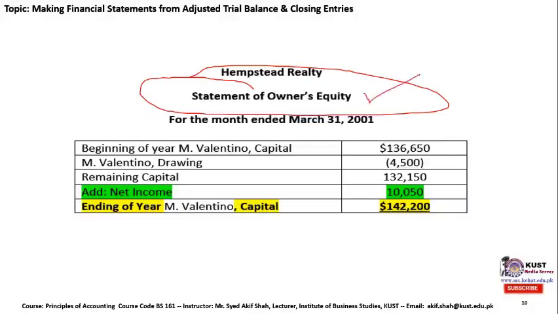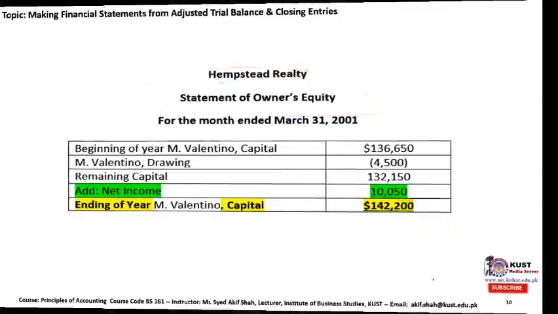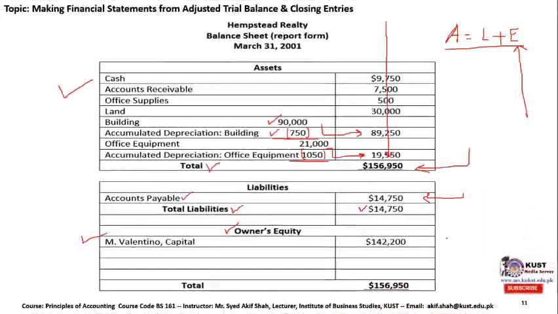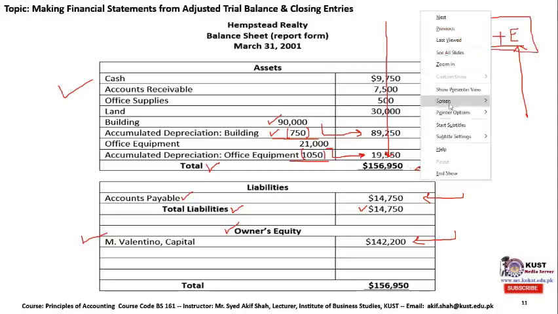Therefore, the final balance of this owner's equity statement shall be used in your balance sheet, and this kind of relationship between the financial statements is known as articulation. As we have used the final balance for the owner's equity from the previous financial statement, and the equation says that assets are equal to liability plus owner's equity, the total assets of the company come up with